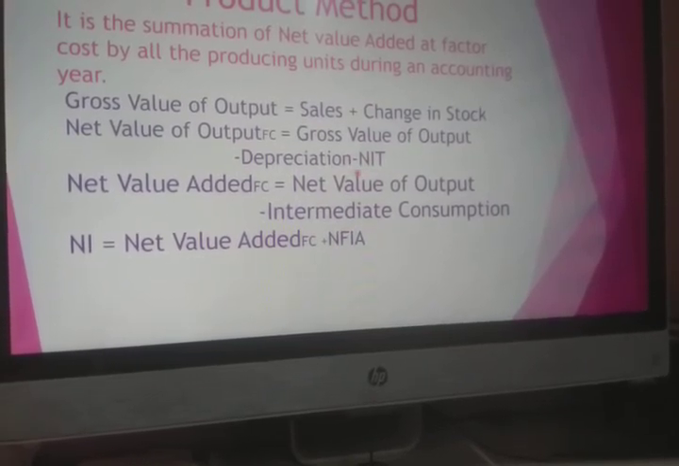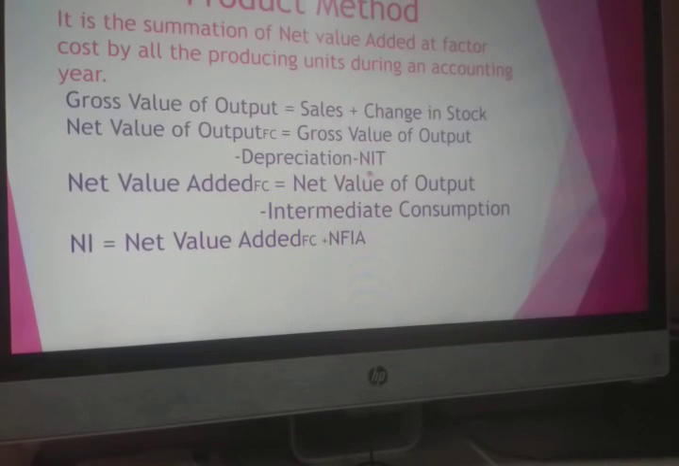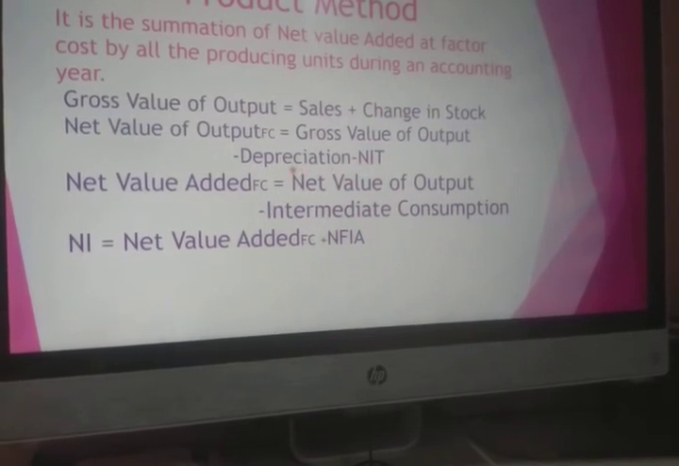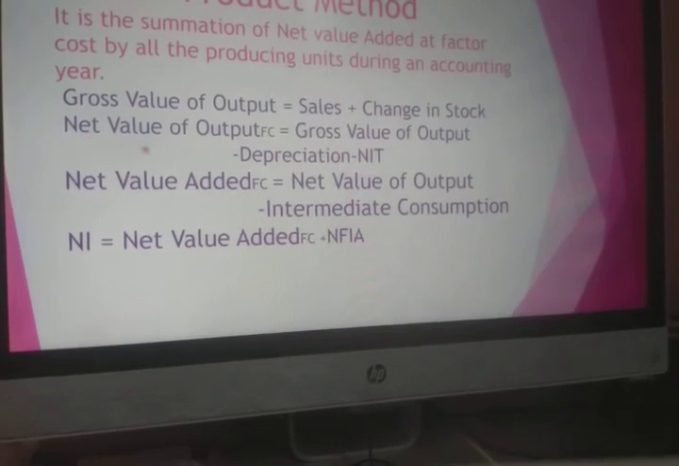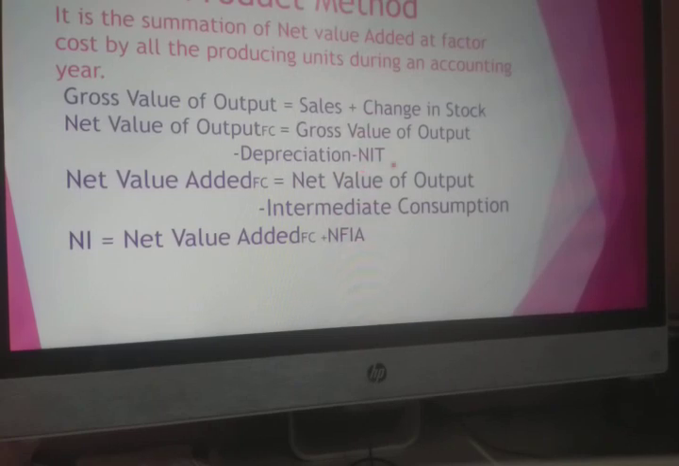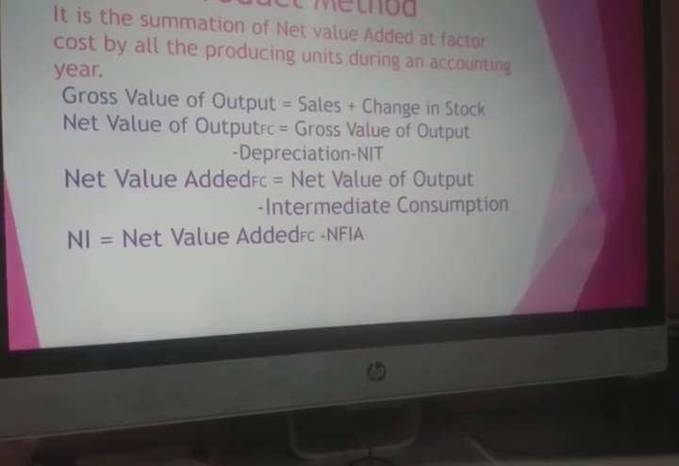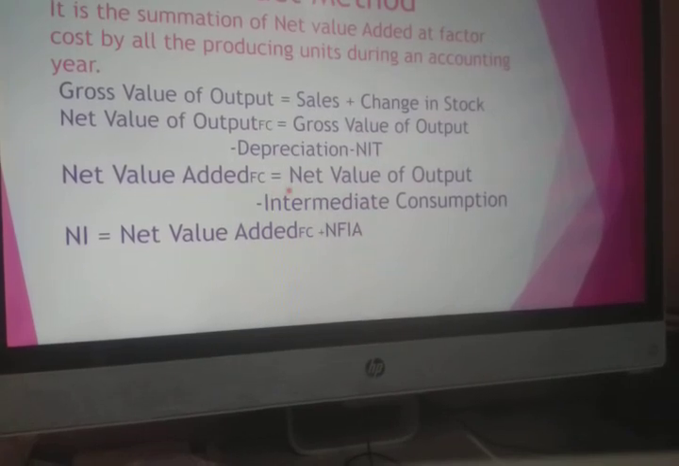This you have already studied in the previous video where I have discussed the three important basic formulas. So remember, depreciation and NIT is from that particular video itself. So you have to deduct depreciation to arrive at net, and to arrive at factor cost, you have to deduct this NIT. Now, once you have calculated net value added at factor cost, you have to